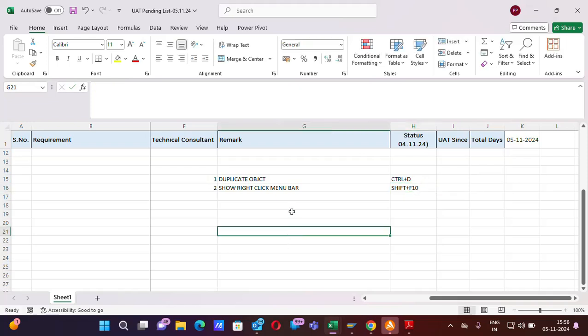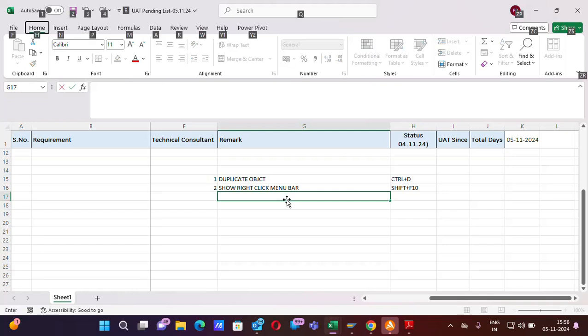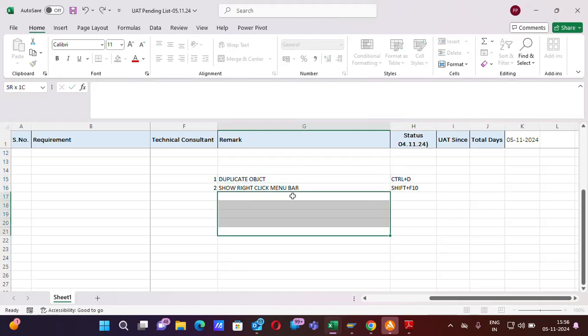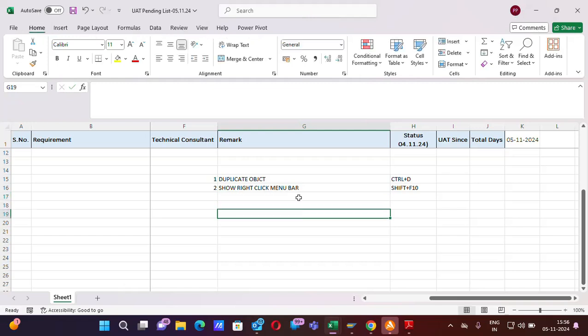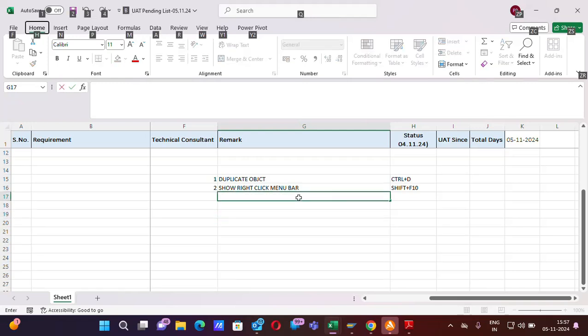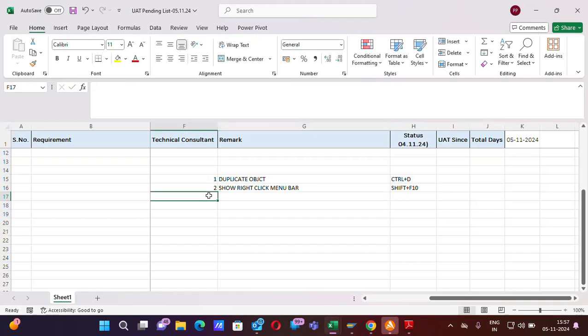Okay. Here I will press Shift and F10. Shift and F10. Here you can see on my screen, the system shows me the menu bar. Okay, where is the menu bar situated? Got it? Okay, great. Third one is